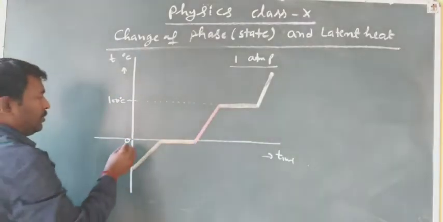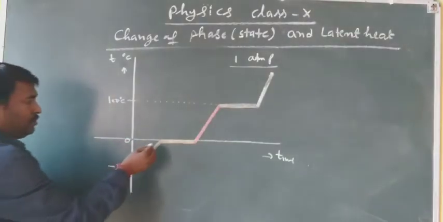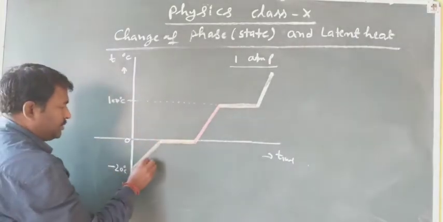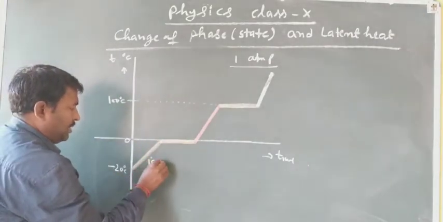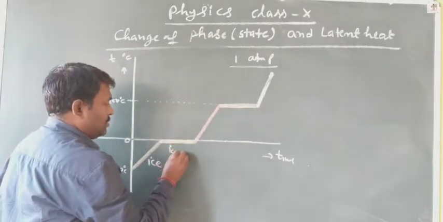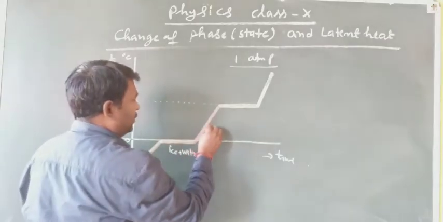This is 0 degree centigrade. All right, till here, see, here it is ice, here it is ice plus water, here water,